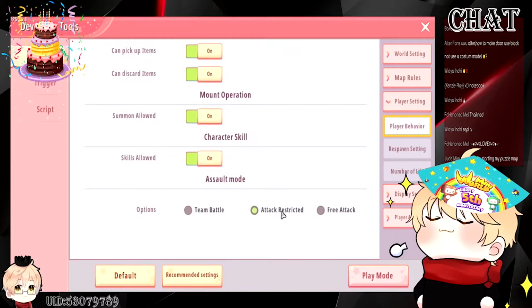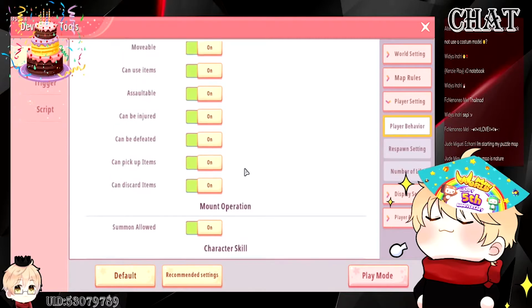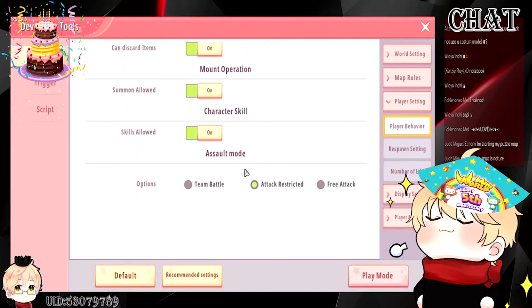Why? Because in a puzzle map, you want the players to focus on solving puzzles. You don't want them to just go in the game and hit all the players, right? I think that happened yesterday when we tested the Vietnamese lecture maps, right? I remember in the Chinese lecture maps, we could hit each other, but it's also part of the game because it was PvP combined with a puzzle game. In the Thai lecture map, I didn't see anyone hitting others, so I guess Queen already turned this setting on, so attack restricted. But in the Vietnamese map, clearly when I started the game, someone was hitting me non-stop,